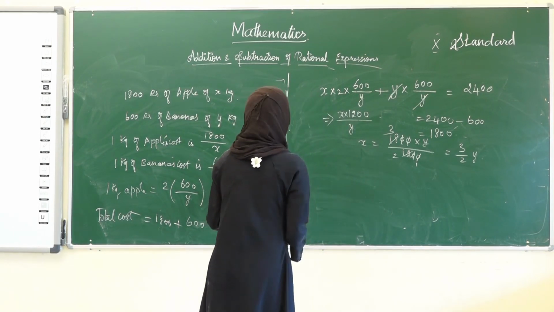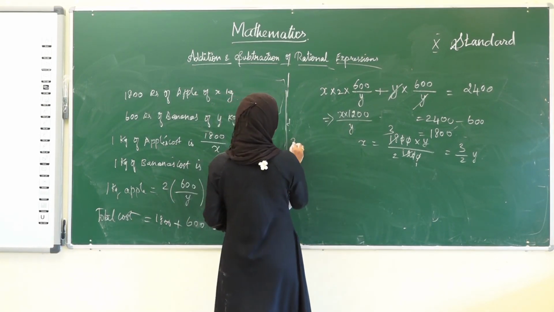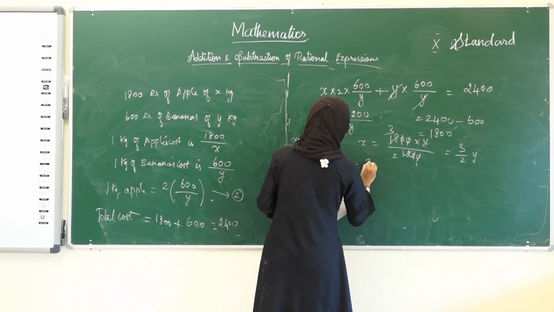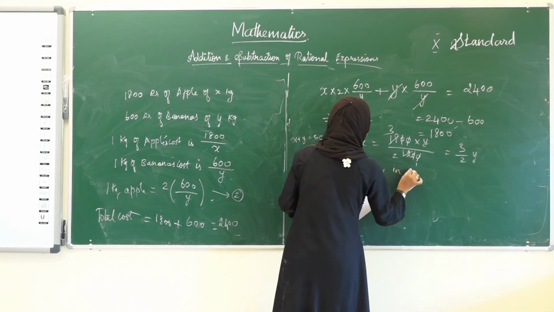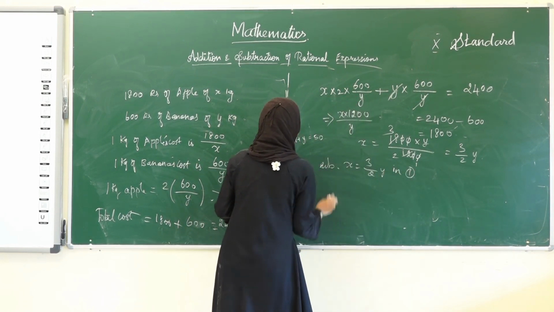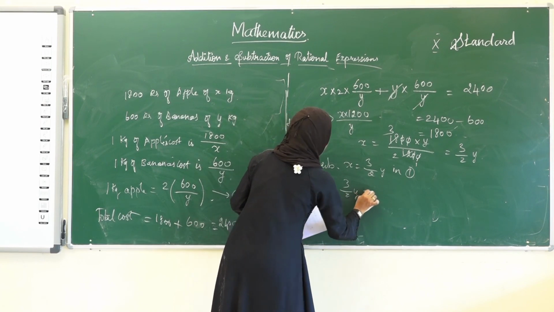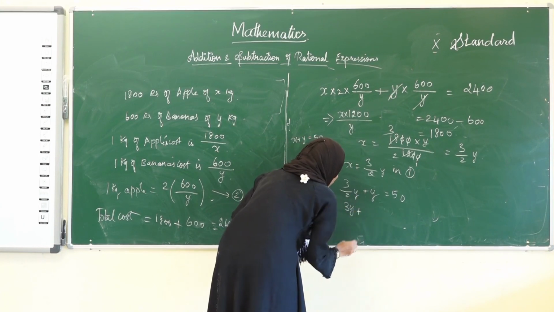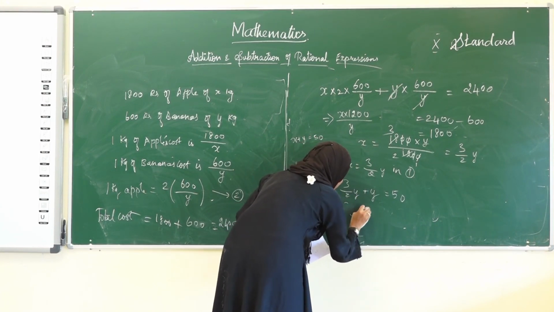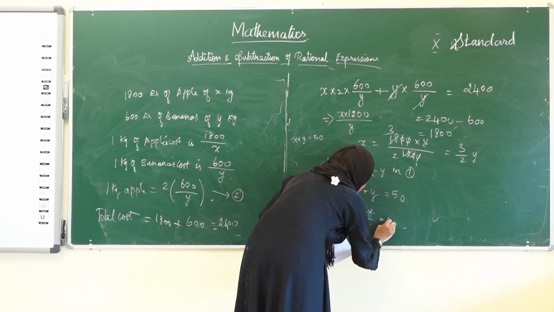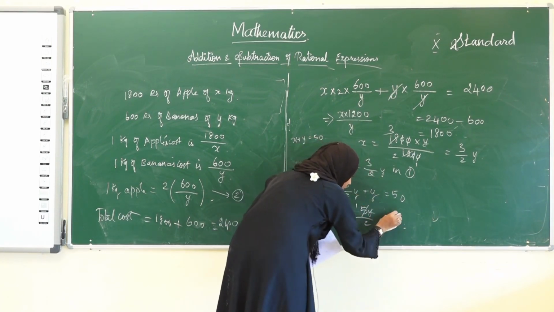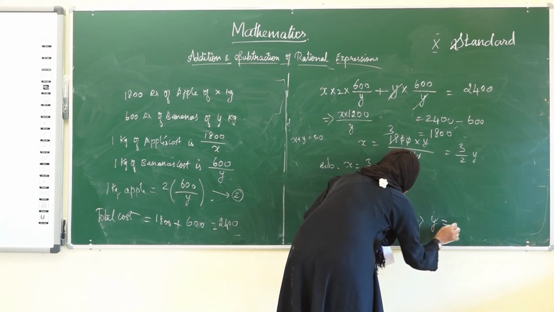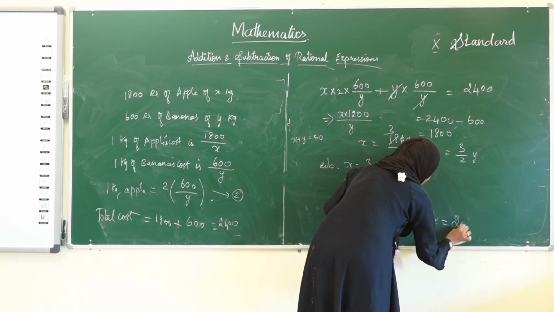Now we are going to substitute this in the first equation. In the first equation, what do we get? x plus y is equal to 50. Substitute x is equal to 3 by 2 into y. Therefore we get 3 by 2 into y plus y is equal to 50. On cross multiplying, 3y plus 2y is totally 5y divided by 2 is equal to 50. See here, 5 ones are 5, here also 5 tens are 50. Therefore from this y is equal to 10 into 2, which is 20.